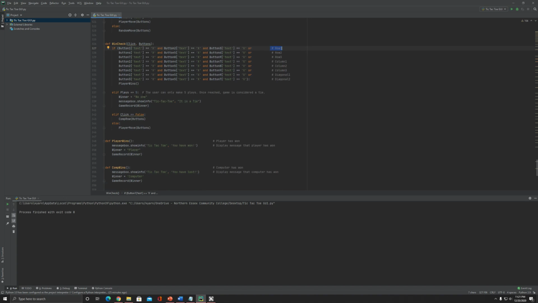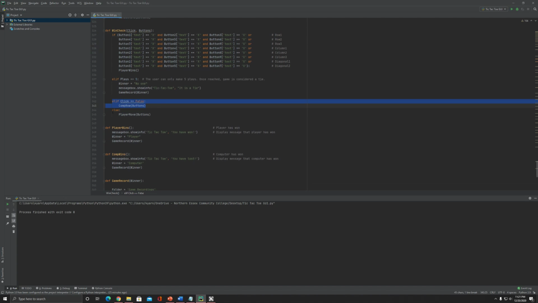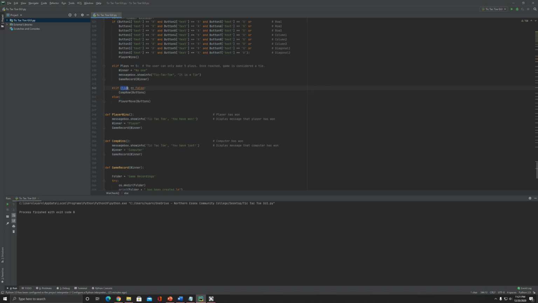If it ties up and no one makes anything, if I get to 5 moves and no one's won, the winner is equal to no one, message box, game record. That's the computer move, and then that's the player move if something glitches up, which, again, I might remove. I might just make this just else, because then click is still technically rated as false, so just go to